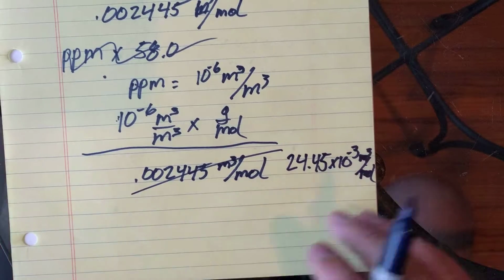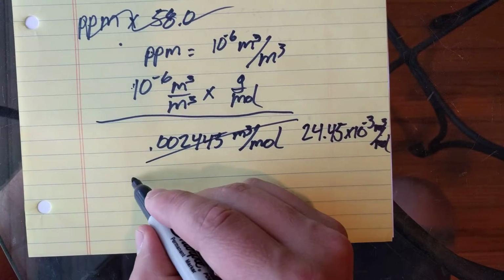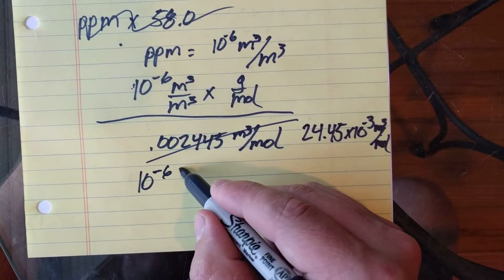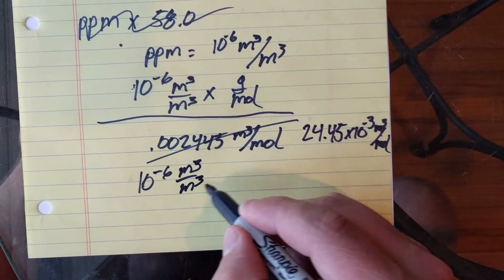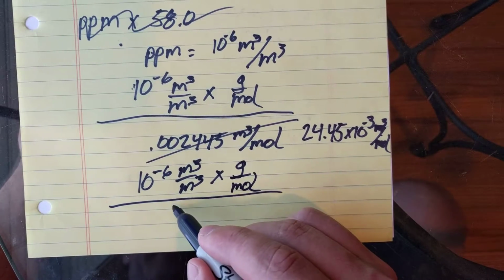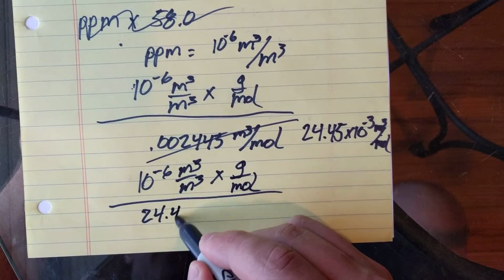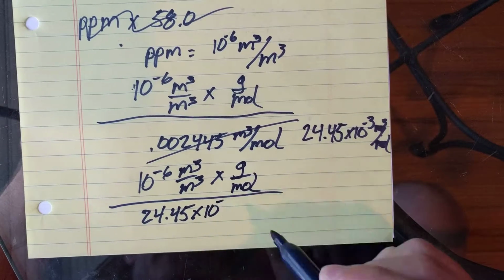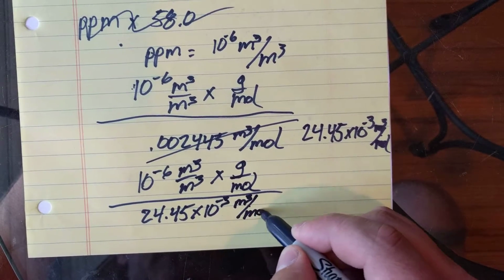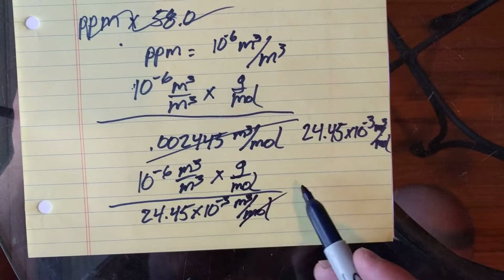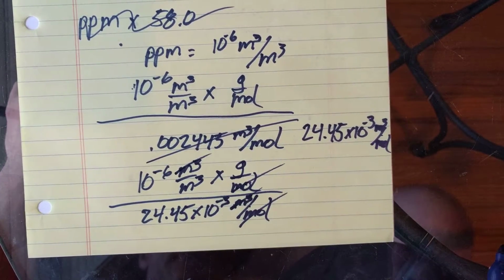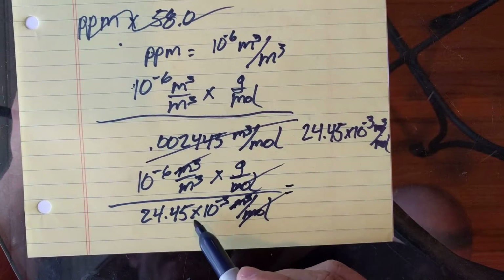And so now our new equation is 10 to the negative 6 meters cubed per meters cubed times grams per mole divided by 24.45 times 10 to the negative 3 meters cubed per mole, right? So the moles cancel, 2 of the meters cubes cancel, and what you get is